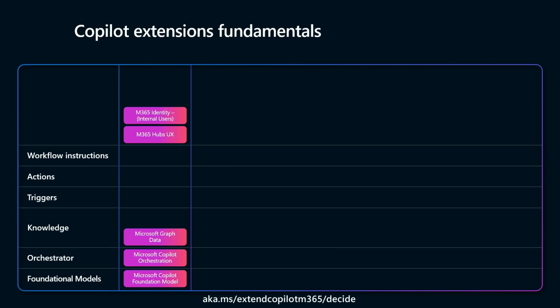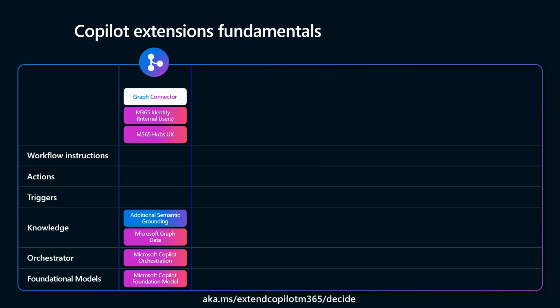So our first choice that you can pick from is Graph Connectors. And effectively, what Graph Connectors do is bring additional semantic grounding directly into the Microsoft Graph that the orchestrator has access to. And the important part with this is that you can put all of that knowledge directly in there for the orchestrator of the query. And that brings some scenarios that are very, very different to some of the other choices that we offer on the table.